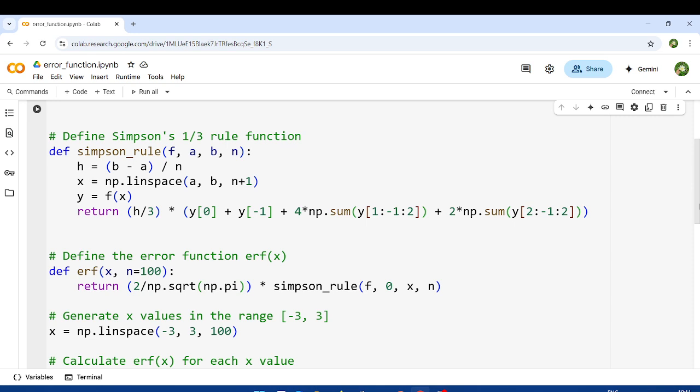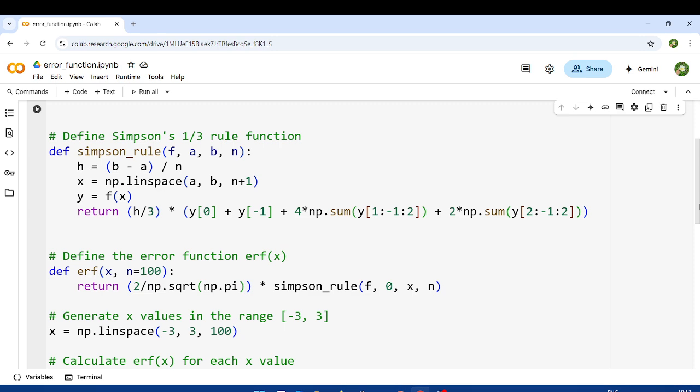Here n is the number of subintervals, b is the upper limit and a is the lower limit, and I have taken x is equal to np.linspace of a, b, n plus 1. Here a is the lower limit, b is the upper limit, and n plus 1 is the number of points between a and b. Here I have taken y is equal to f of x and then return h by 3 into y 0,